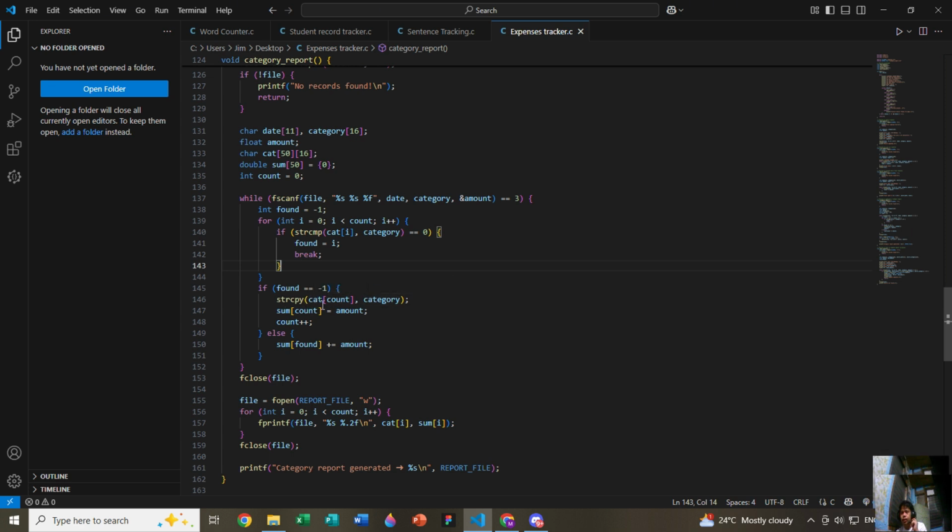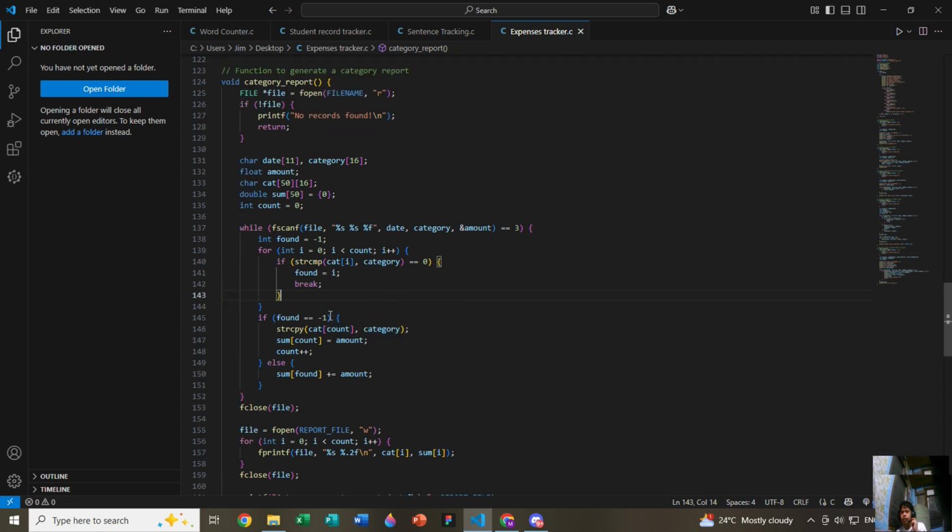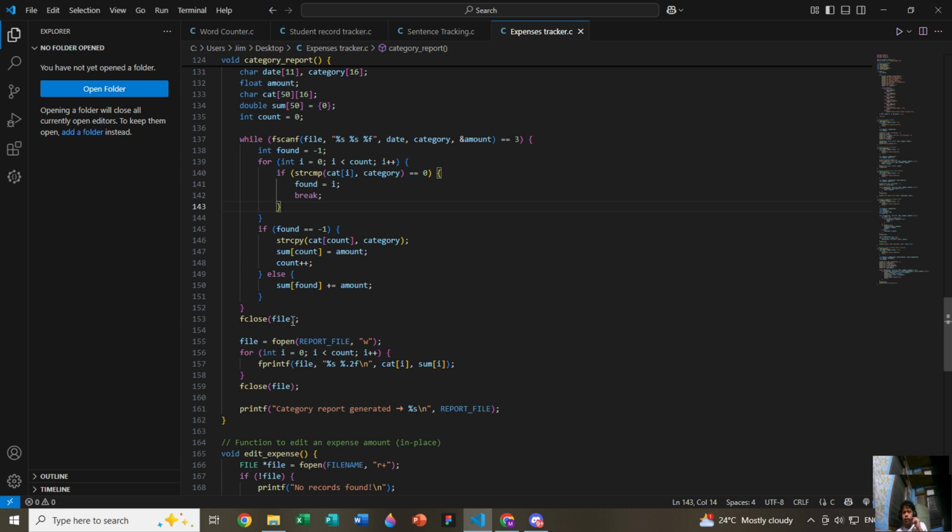Then the category count plus plus. Otherwise, it will update the existing category's total. Basically, the category that has already been inputted by the user previously. Then close file.